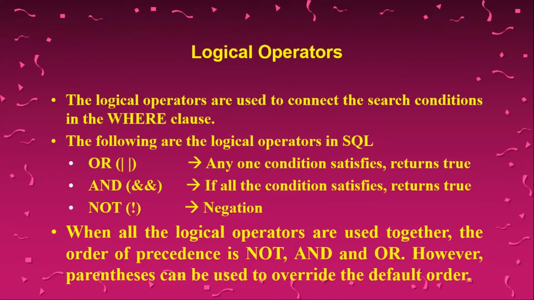When we use these logical operators together, the precedence or priority is given to the not operator, then after that the and operator and the or operator. So when we are using these three operators together, you have to solve the not condition first, then move to the and operator, and after that the or operator. But if something is given in parentheses or brackets, that has to be solved first, because brackets are given more priority.